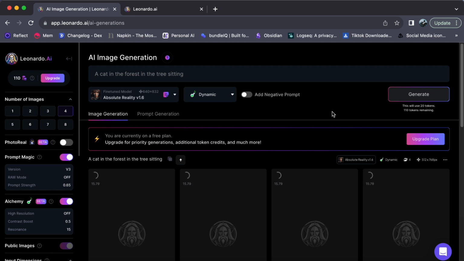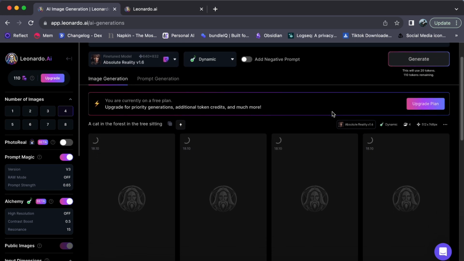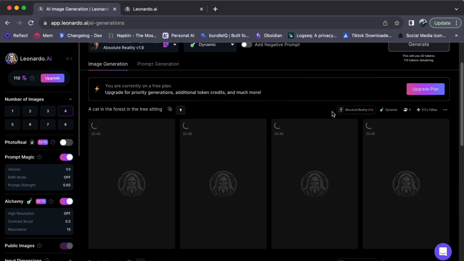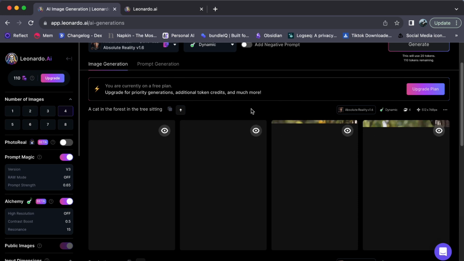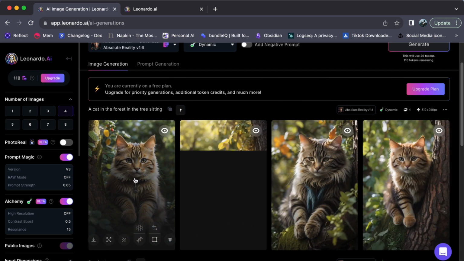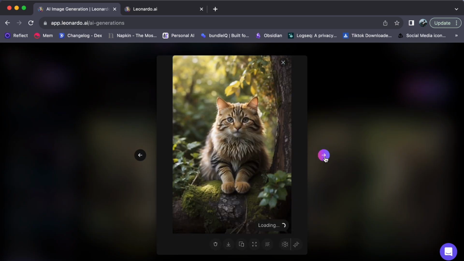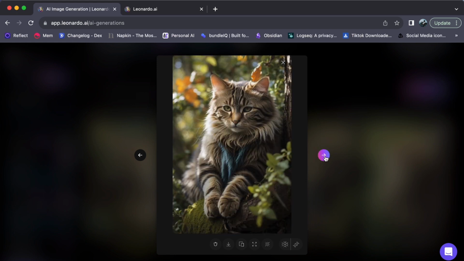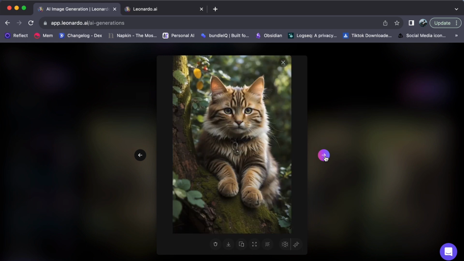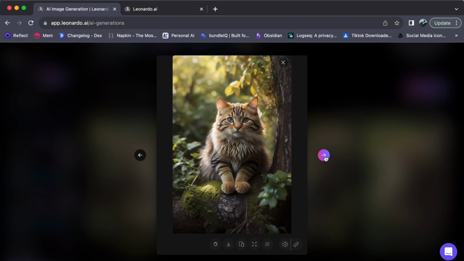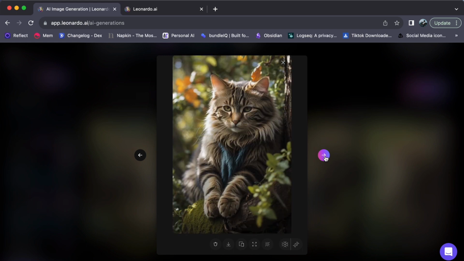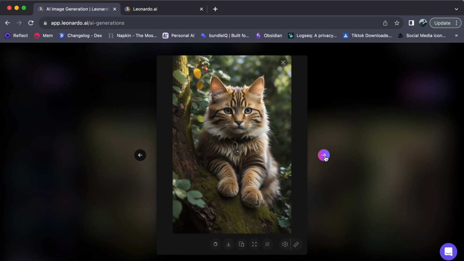Step number 5. Now, be patient and watch the magic unfold as Leonardo AI transforms your prompt into a unique image. And there you have it. You have successfully generated your first insane AI art with Leonardo AI. Whether you are a beginner or an experienced creator, Leonardo AI offers a world of possibilities to explore. We hope this tutorial has ignited your creativity and equipped you with the knowledge to kickstart your journey with Leonardo AI. Enjoy the creative process, and remember, the only limit is your